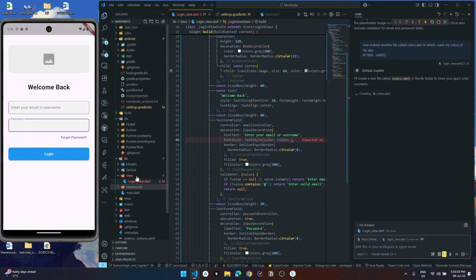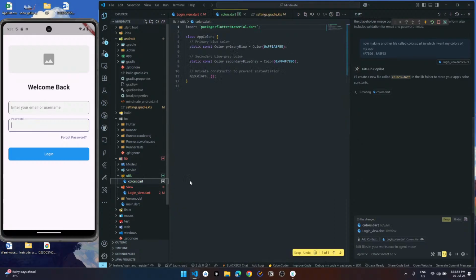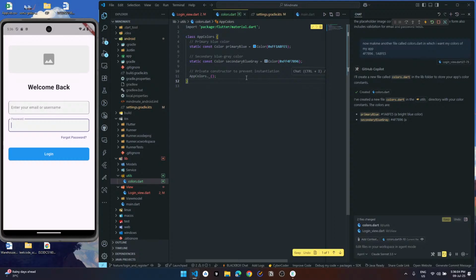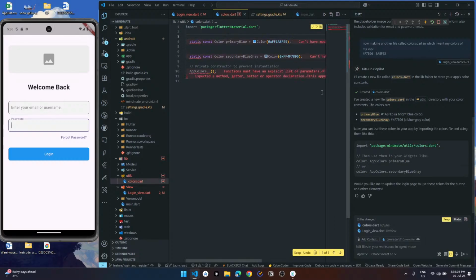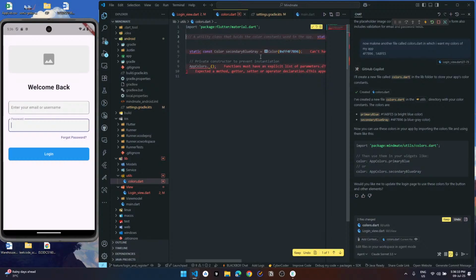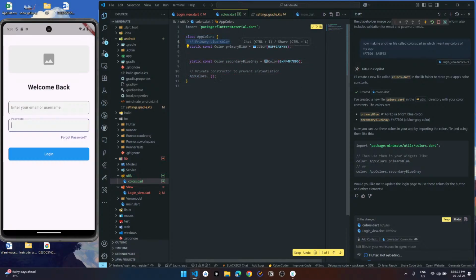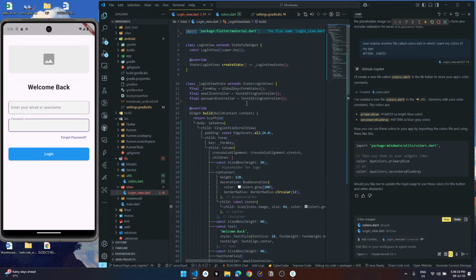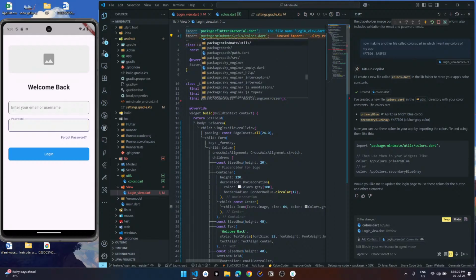We'll create utils, and inside that app colors, private patterns, initialization. Yeah. So for using those colors, I'm gonna import it and use it.